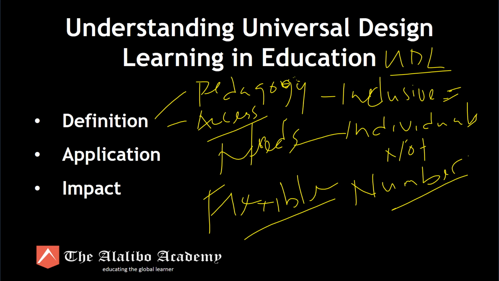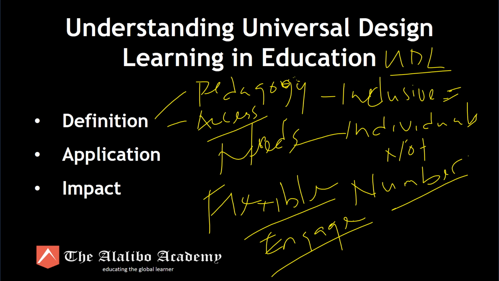And what that means is students are able to study on their own terms. They're able to study at their own pace. And when that happens, they engage with the course materials. So UDL gives access and it's inclusive, but also allows students to engage with the course materials. And when they engage with the course material, it's likely to lead to success because now they're interested. The educational experience is a good one for them. And they're interested in being successful in that course and successful in their education as well.